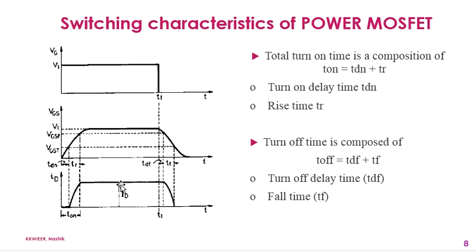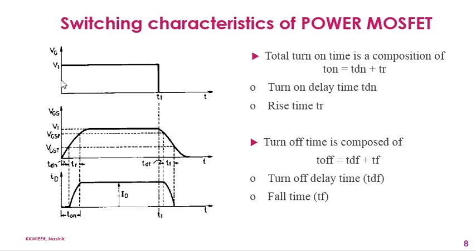These are important as power MOSFETs are often used in switching applications because of their inherent high speed turn on and turn off capabilities. So let us understand what these switching characteristics are. These characteristics are influenced by the internal capacitance of the device as well as the internal impedance of the gate drive circuit. So if you see, there are two terms, turn on time and turn off time.